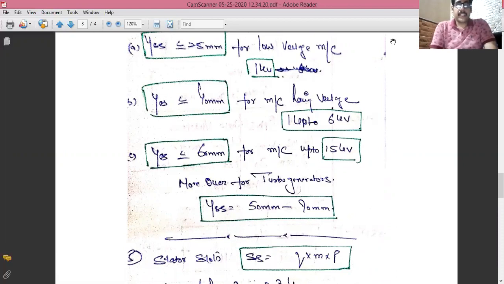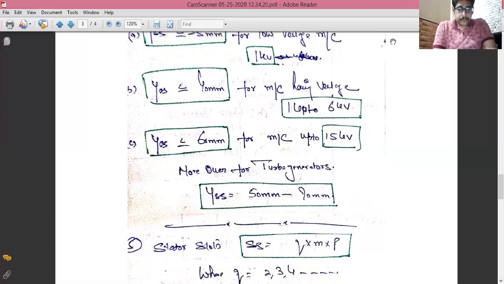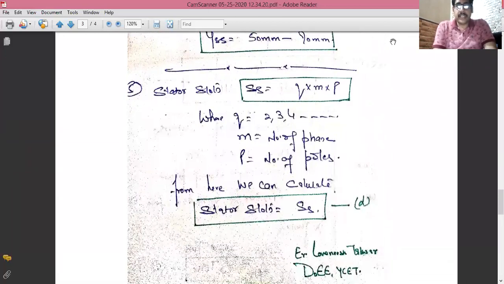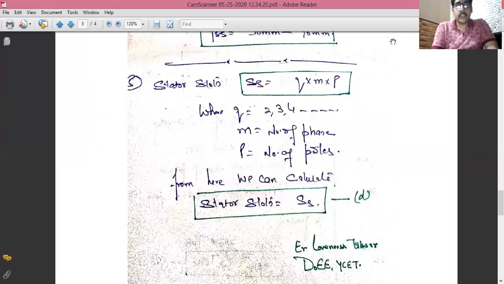Now, after calculating the stator slot pitch, you have to calculate the total number of stator slots, and the stator slots will be given by the formula Ss is equal to q m p, where q is equal to 2, 3, 4, 5, and so on, m is the number of phases and p is the number of poles. So depending upon your value, you have to select the machine whose slot pitch will be less than according to the rating given below. From that, you can easily calculate the value of the stator slots. Once the stator slots are calculated, the stator slot count will be given by your equation Ss. So you can easily calculate the total stator slots, the slot pitch,